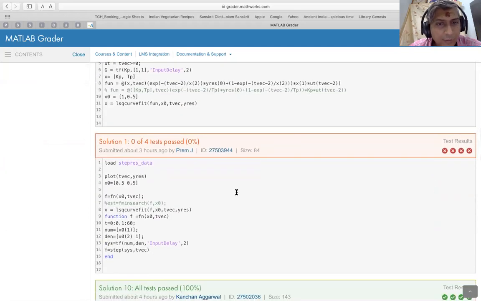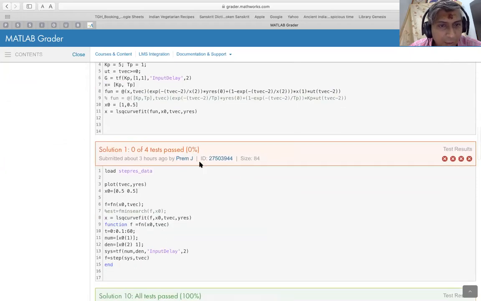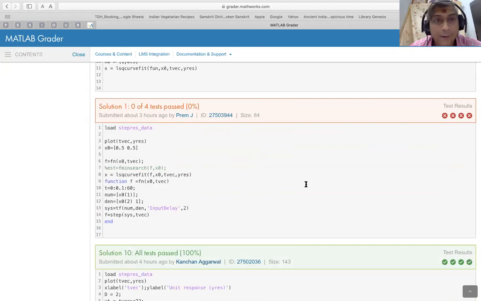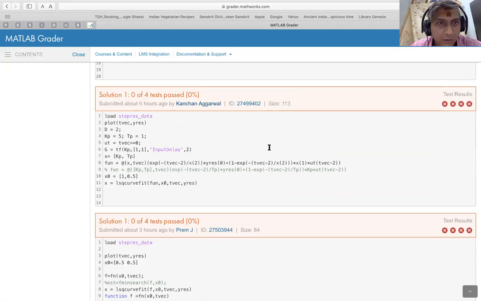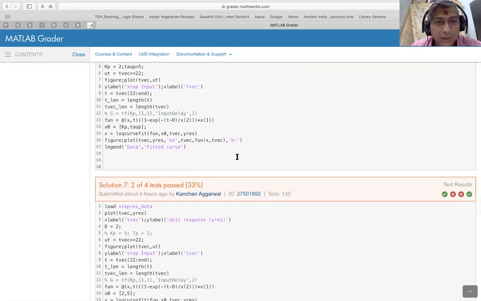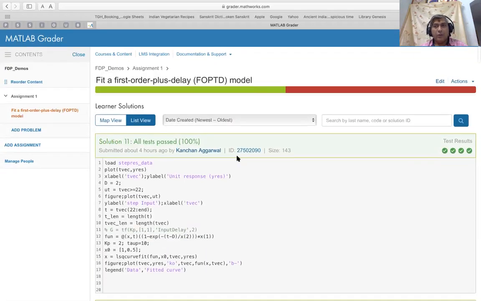Now, on the other hand, the other TA had 1 attempt here, so 0-4 test pass. So the user made 1 attempt here, the first attempt, solution 1, and did not pass any of the assessments correctly, even the pre-test. So that is what it says. Okay, and that was the case even with the other student. So it's a very nice way of seeing how the user has progressed in learning the concept and eventually has managed to get all the questions right.